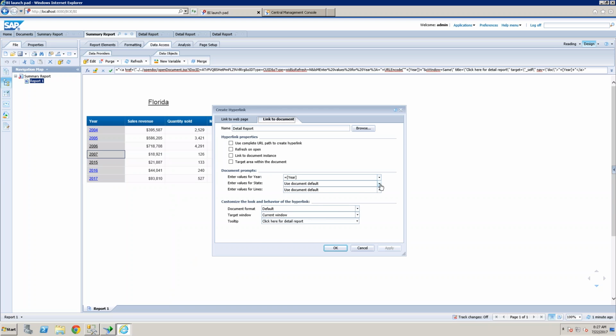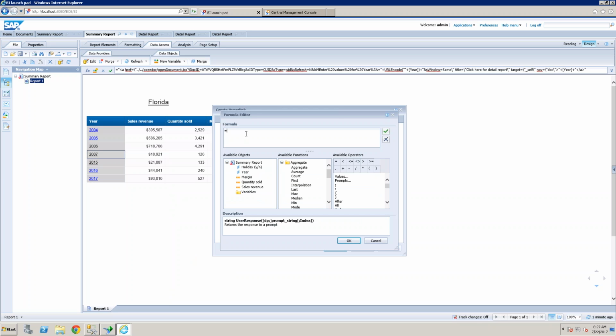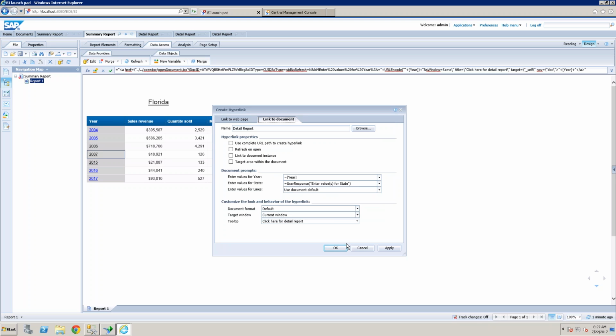So the state prompt here, right? I'm defining a formula here, editor, build a formula. I want to pass the values selected in the summary, so that value is passed to the detailed report. So user response of the enter value for state. Validate this, click OK.